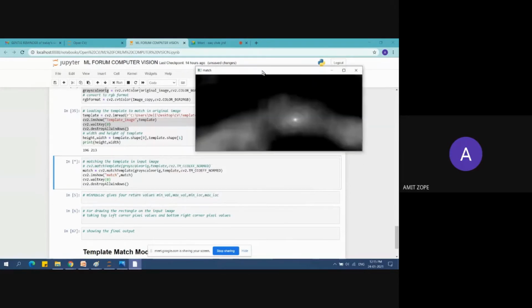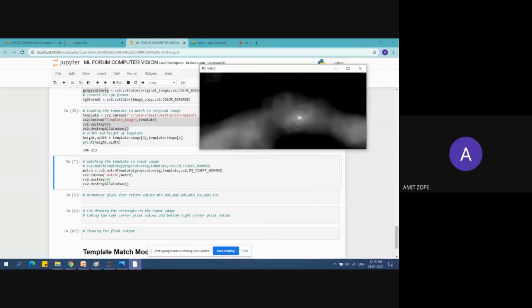Yes, this is the image which I got after using match template, and you can see that there is a bright spot there. This bright spot is nothing but the matched point in that image. If there are lots of these snails, then there will be lots of bright spots, but you have to code accordingly to match them. I am matching only one, at only one scale. So there is a bright spot. If you use the square difference and square difference norm methods, you will get a dark spot there.